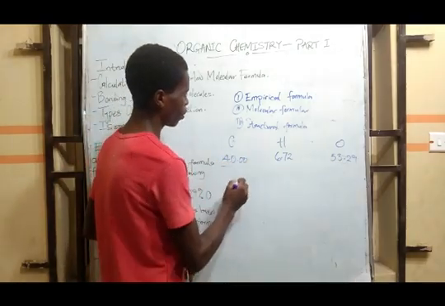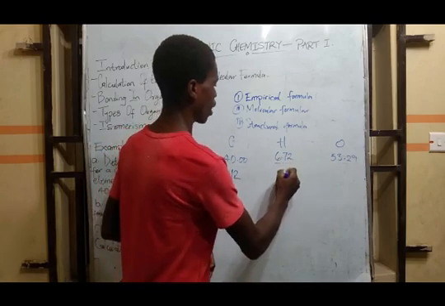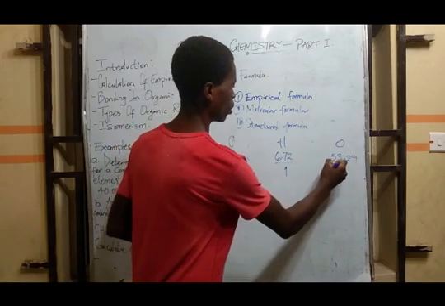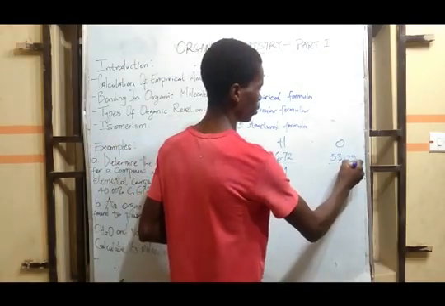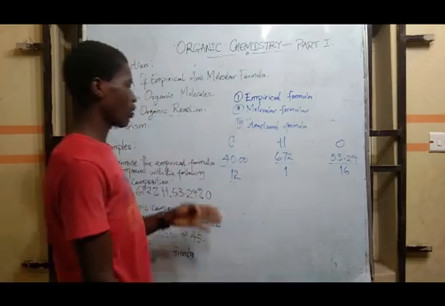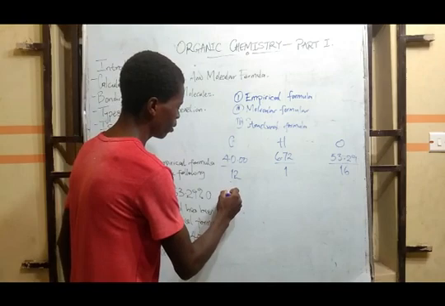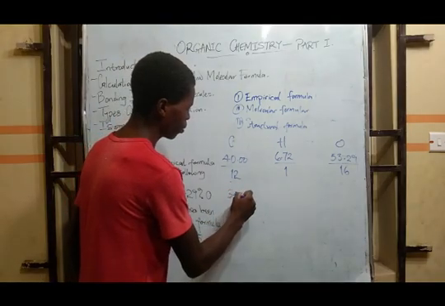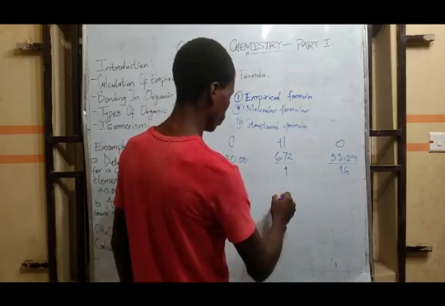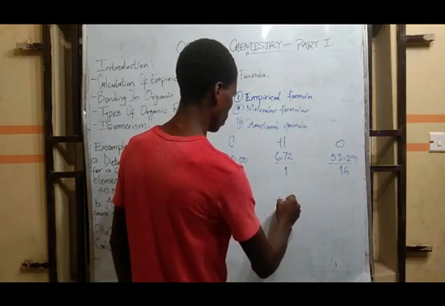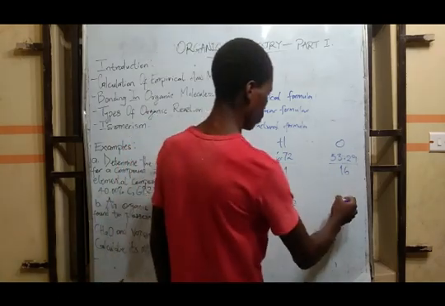Relative atomic mass for carbon is 12, for hydrogen is 1, and for oxygen is 16. So when we divide 40% by 12, it gives us 3.333, for hydrogen we have 6.72, and for oxygen we have